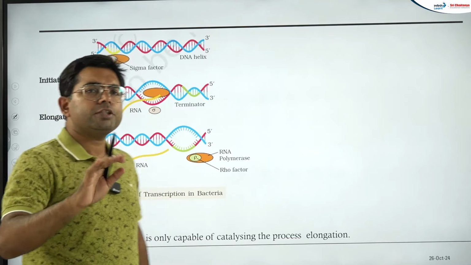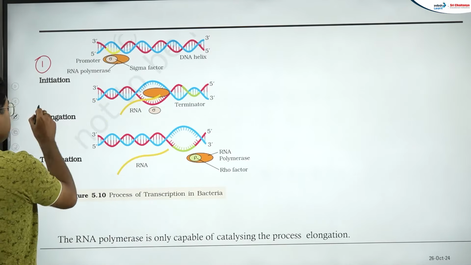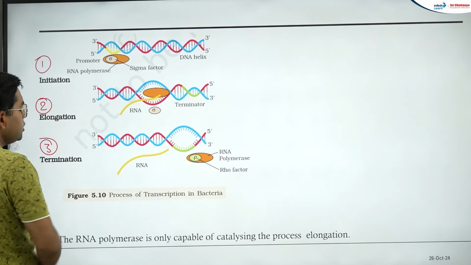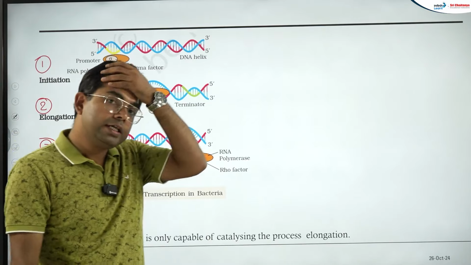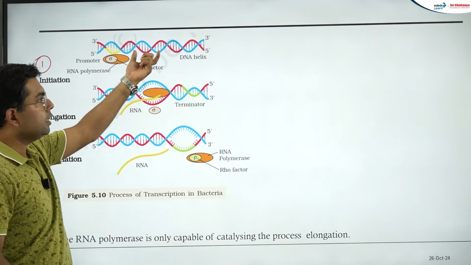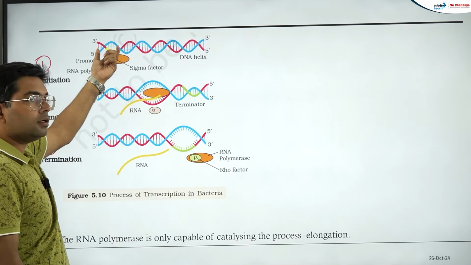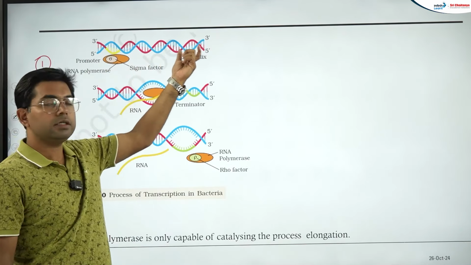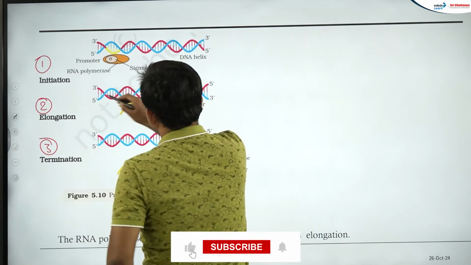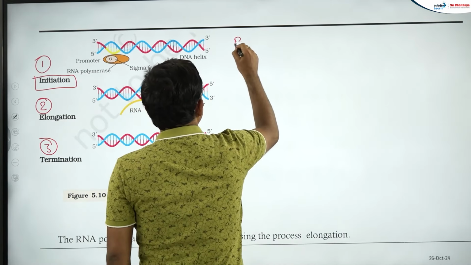Transcription is performed in 3 steps. The first step is initiation, the second step is called elongation, and the third step is called termination. As I said earlier, we have already seen that the transcriptional unit will have 3 parts: promoter, structural gene and terminator, right? So in initiation, what happens? In the initiation step, the RNA